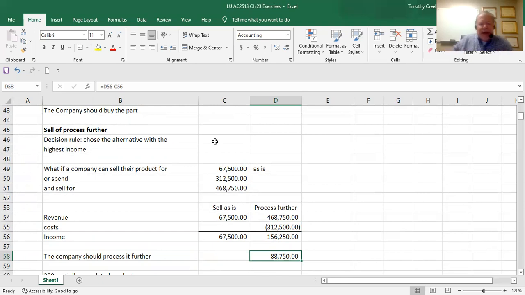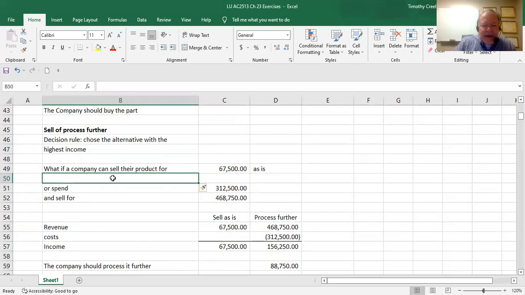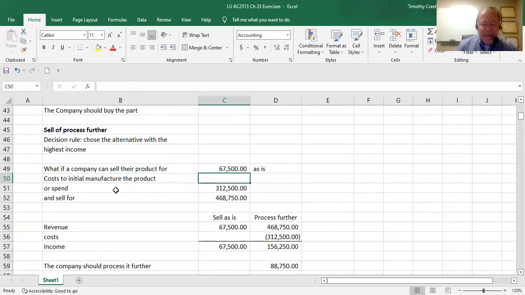Now, a couple of things I want to say about problems like this. One is that there's typically a cost to get the product to the condition to sell as is. So like in this example, let me add in a line. Let's say that they can sell as is for 67,500, and let's say it cost them to initially build or manufacture the product $50,000. So they spend 50,000, they can sell it as is for 67,500, or they can spend another 312,500 and sell